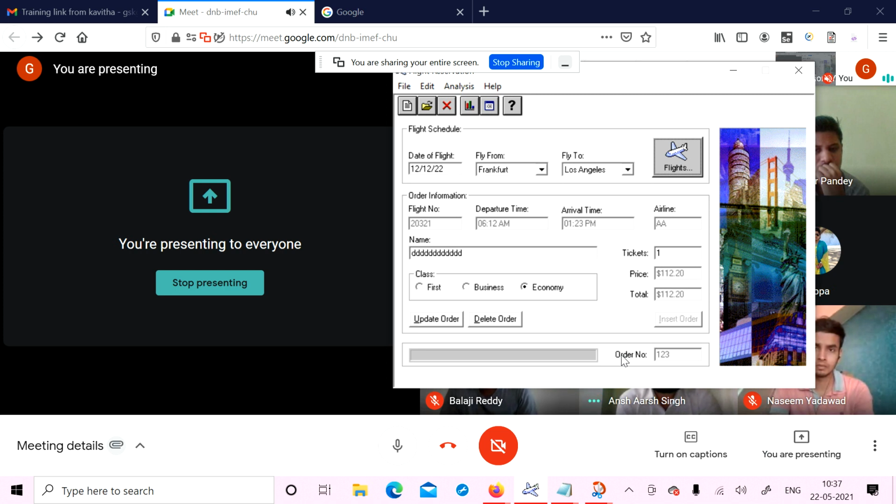Suppose you are passing 1000 values, you can capture 1000 order numbers. All the order numbers are dynamic. You can capture them with the help of an automated tool in only 10 minutes. But manually it will take much time, even 1 week or 1 month, based on your test data.